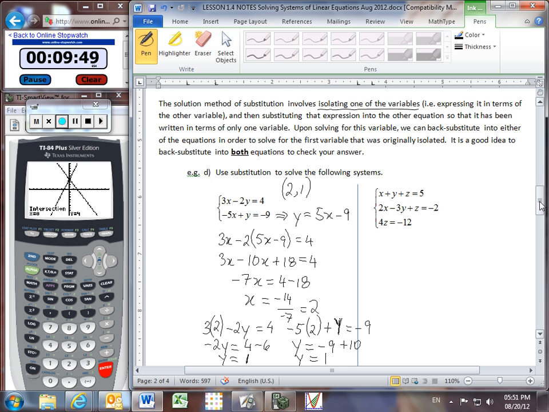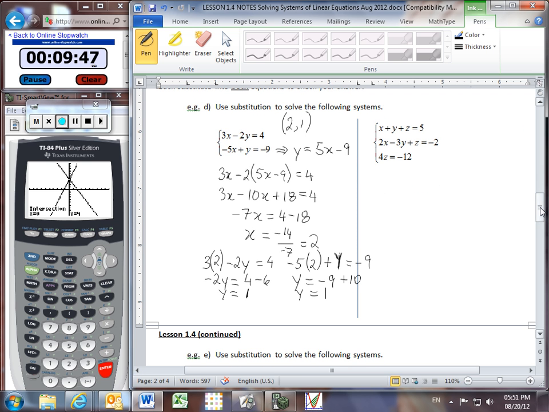Now, over in this example, it's got three equations, and I've got an x, a y, and a z there. So let's begin by trying to substitute if I can isolate one of my variables. And looking down here, it's clear that the z is going to be very easy to isolate. I just divide both sides by 4, and I've got z alone. And fortunately, z is already a value that I can now substitute back into the first two equations to simplify